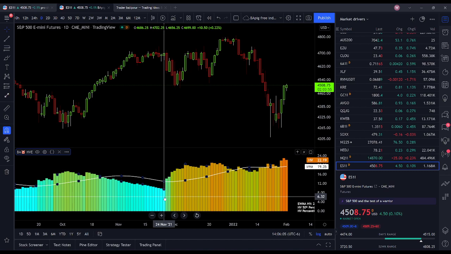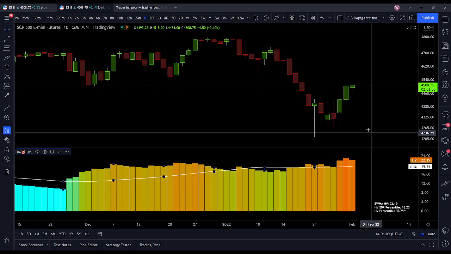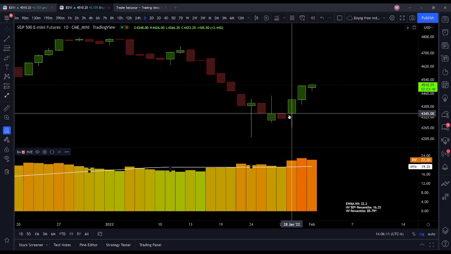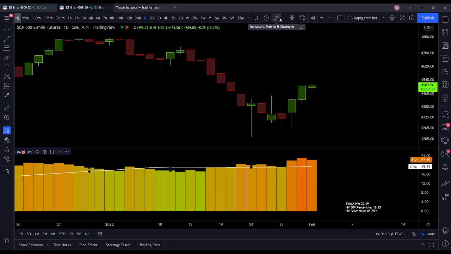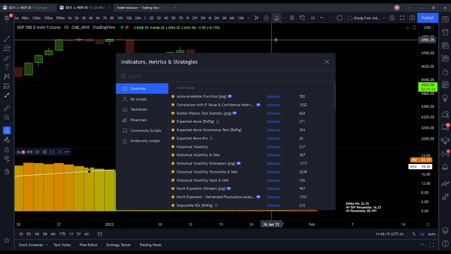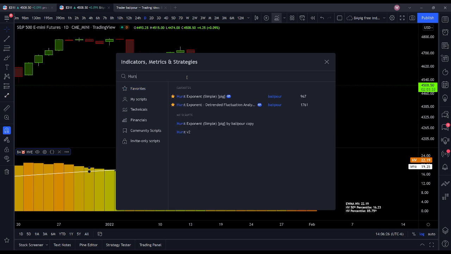But this is just for preliminary looks here. So this is a free indicator, and checking out some more free indicators. We can go over here. So this is the new function or indicator. So you can pull that up, and you probably won't have a lot of favorites here, but we can also go towards the Hurst exponent,